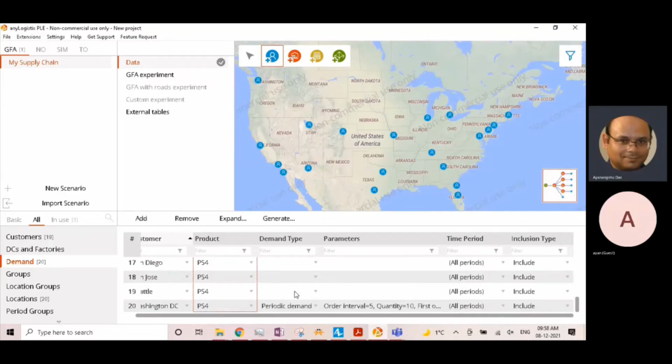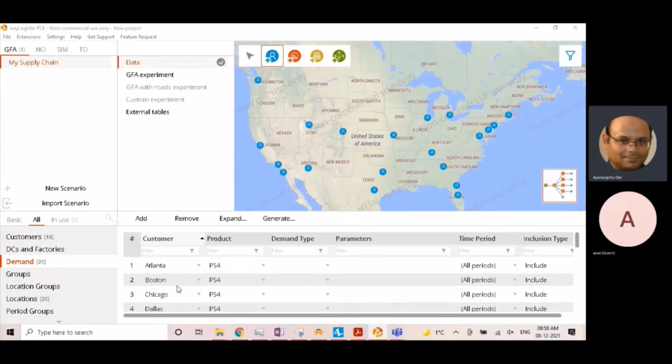And then we would want to define the demand type. There are two types of demand. One is the periodic demand, which allows you to configure demand of a repetitive nature, that is, a certain volume of products is ordered within a certain period of time. Whereas we can have another type of demand, which is historic demand, which allows you to configure demand with exact demand data. Maybe you can get that demand data from order records from CRM. We choose Atlanta,